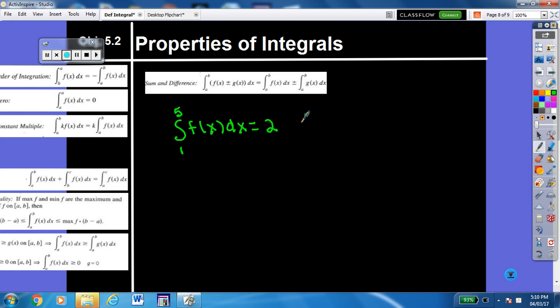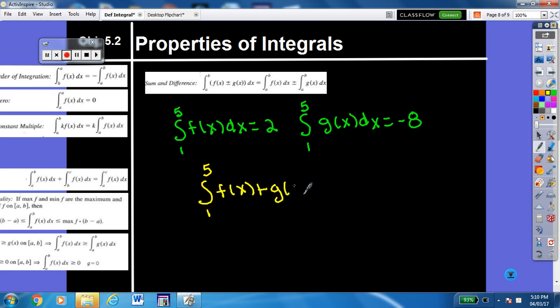And then they tell you that the integral from 1 to 5, notice the boundaries are the same, of g of x is negative 8. And so now, again, you've never seen the functions, you just know this piece of information. They're going to ask you to take the integral from 1 to 5 of f of x plus g of x. Okay, and they're going to do that all under one integral,